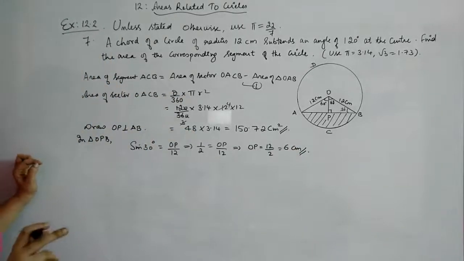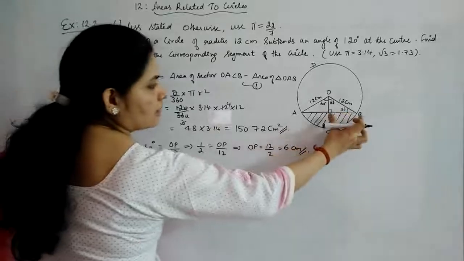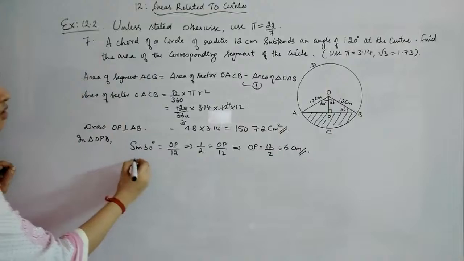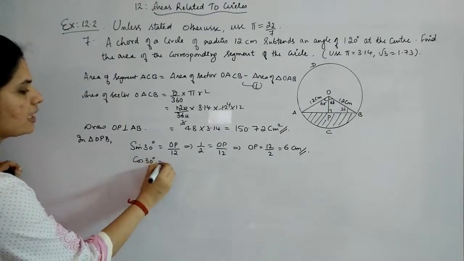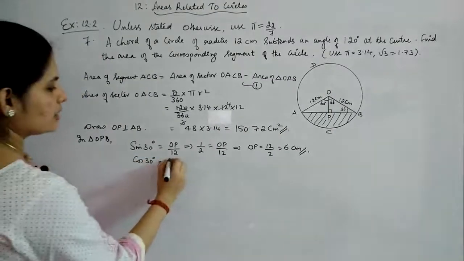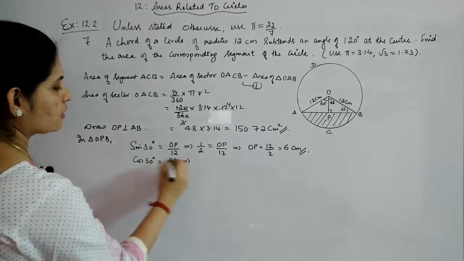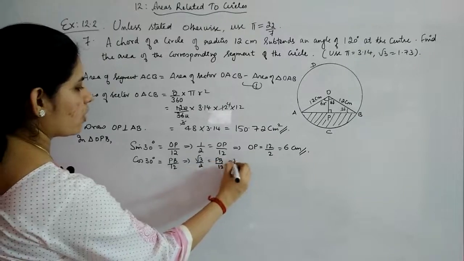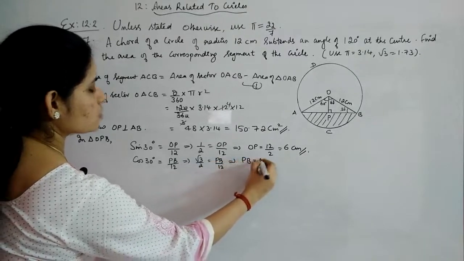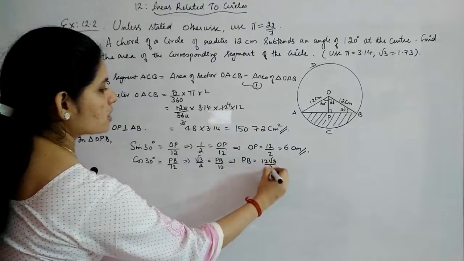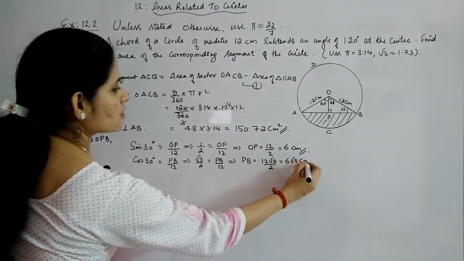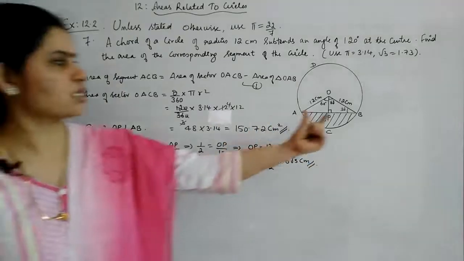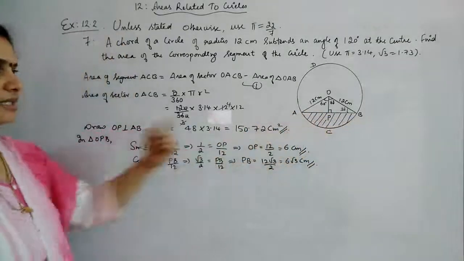Now, you have to find out the base. In order to find that, we will just include this side. And for that, you have to consider what is cos 30 degree. Okay, adjacent side by hypotenuse. Adjacent side is PB by 12. And cos 30 degree is root 3 by 2 is equal to PB by 12, or you will get PB is equal to 12 root 3 by 2, or 6 root 3 centimeters. So now what you got is the length of PB. PB is this much, and you have to get what is AB, that is the base.